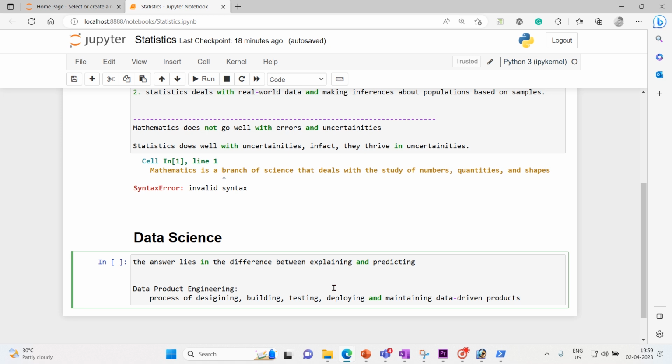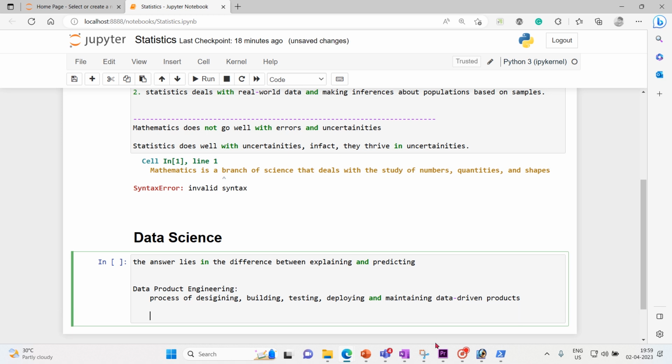So that's one product. Let me give you some examples here. At the end, what would be the output of this? In software engineering, the output would be software applications. It could be WhatsApp, Facebook, LinkedIn, Twitter, or a bank application like ICICI Bank or SBI.